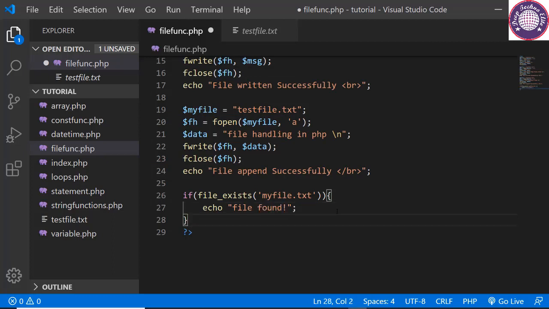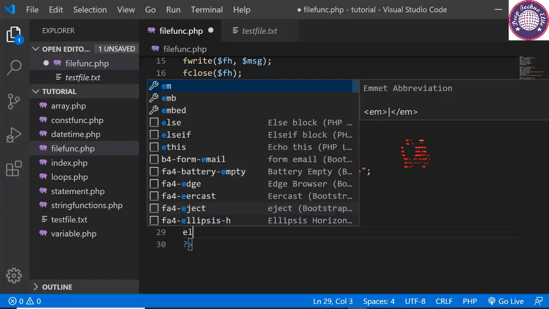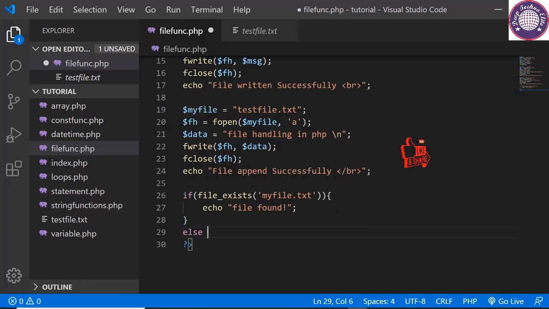After the closing curly bracket, let's have else. Opening and closing curly bracket. Let's have echo, let's say myfile.txt does not exist, end with the semicolon. Save this and reload the page. Here, the file_exists function checks the condition and returns a message that myfile.txt does not exist.